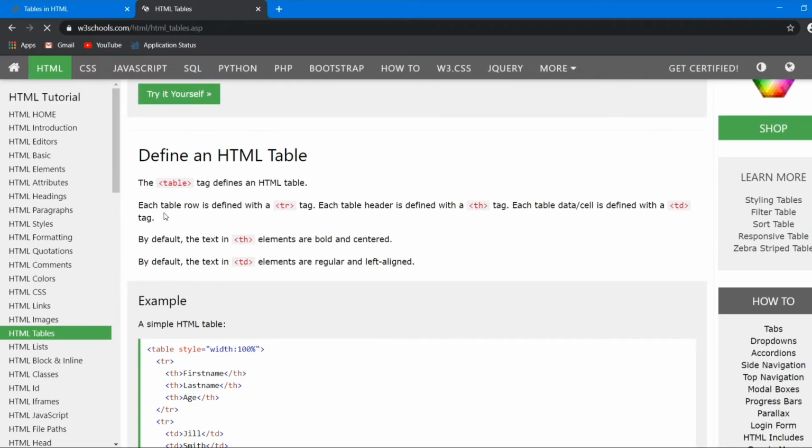You can see that each row is defined with a tr tag that stands for table row. Then we need th, which makes elements bold and centered, and then we use td for regular, left aligned elements. Okay, td stands for table data or table cell.